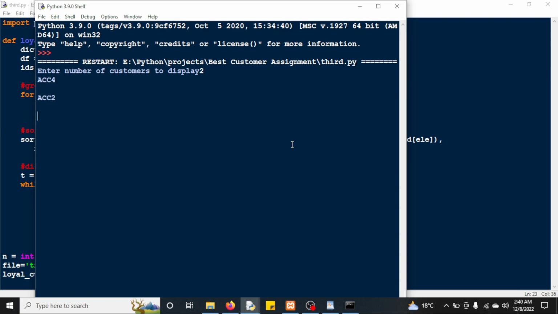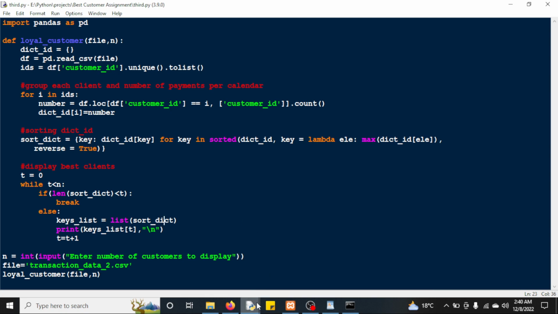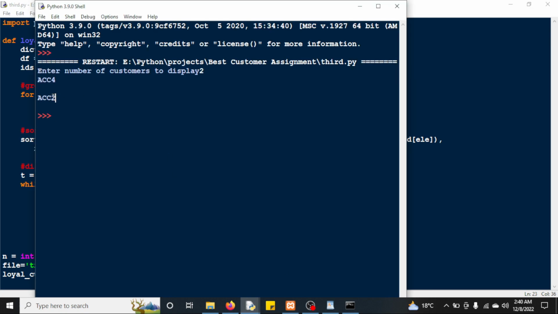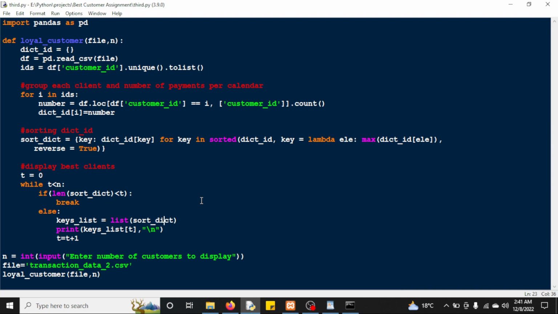So 2, press enter, and I was expecting, was it 1 answer? So I entered N as 2 and I got this one. So I think I missed, if I'm not wrong, no, sorry, let's see. Yeah, it has given me the 2 of them. So I think it's only a delay. It delayed showing this one. So that one is correct, and that's how you can extract the best customers in an organization, just by writing a few lines of code.